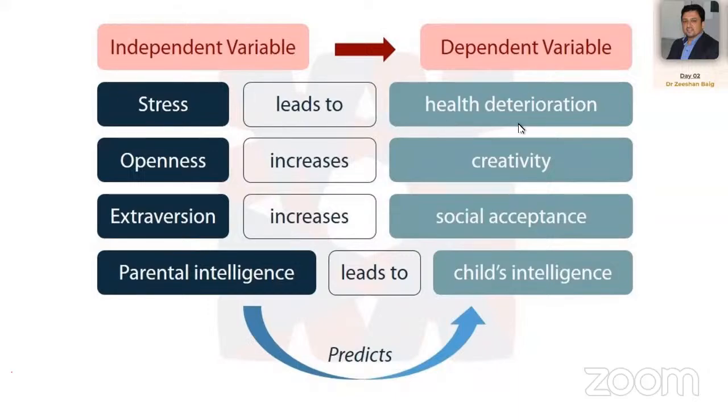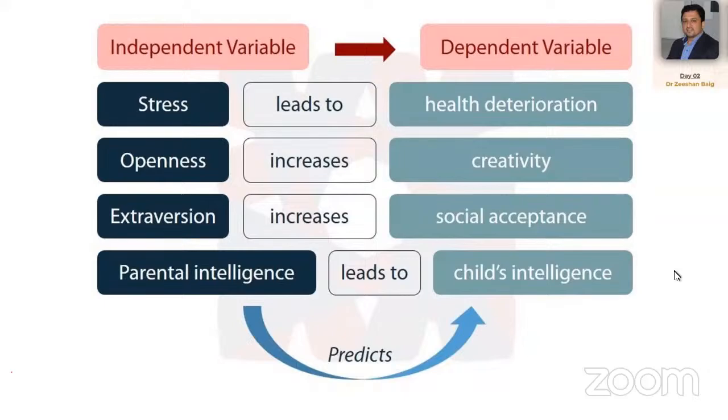स्ट्रेस लीड्स टू हेल्थ डिटोरिएशन, स्ट्रेस बढ़ाओगे कम करोगे हेल्थ बेहतर होगी, ये इस पर अफेक्ट कर रहा है। ओपननेस इंक्रीजेस क्रिएटिविटी, ये कॉन्फिडेंस लेवल की ही बात है एक किस्म की। अगेन ऑपरेशनल डेफिनेशन होगी, ओपननेस क्या होती है। खुला मैदान हो आपके इलाके में, स्कूल में, कॉलेज में, मौसम अच्छा हो, बाहर जाने की या डिस्कशन करने की सहूलतें हो, तो क्रिएटिविटी बढ़ती है। दिस इज इंडिपेंडेंट, क्रिएटिविटी इज डिपेंडेंट ऑन इट। एक्सट्रावर्जन इंक्रीजेस सोशल एक्सेप्टेंस, पेरेंटल इंटेलिजेंस लीड्स टू चाइल्ड इंटेलिजेंस। ये सब